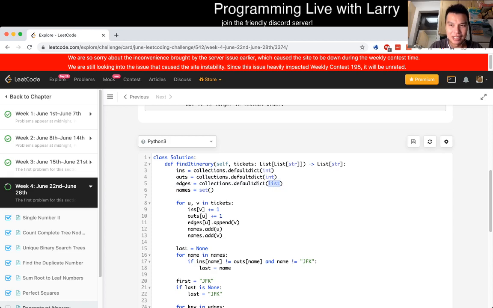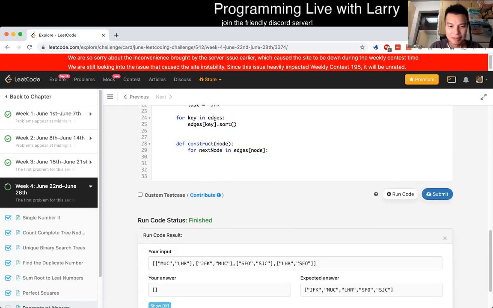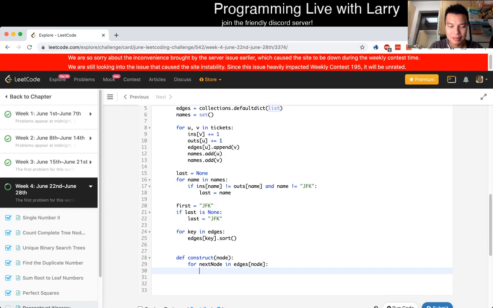I think we want a deck so that we could remove from the beginning easier. Yeah, okay, fine. Pop left.